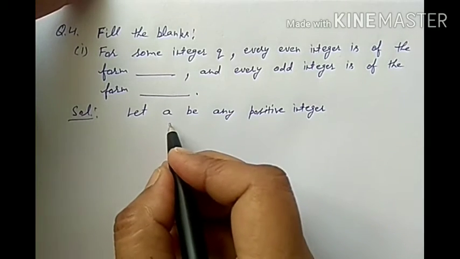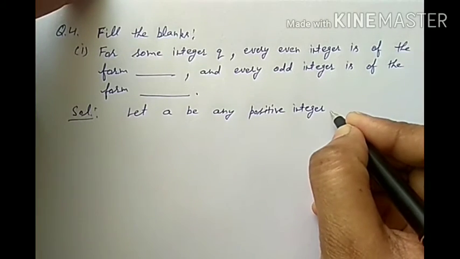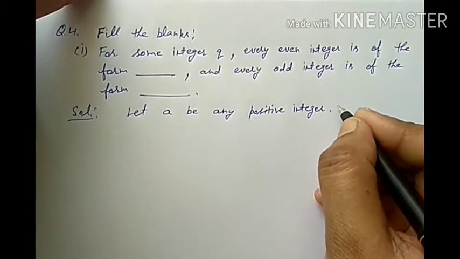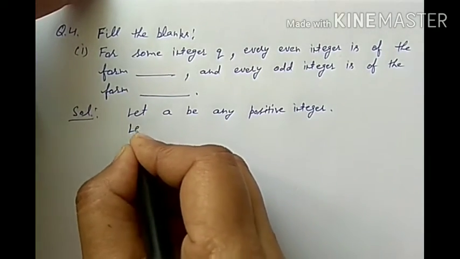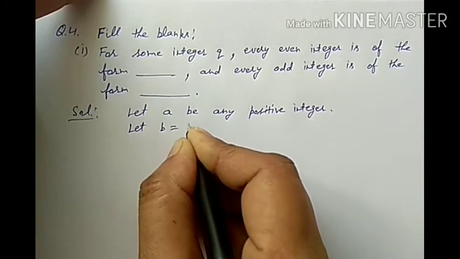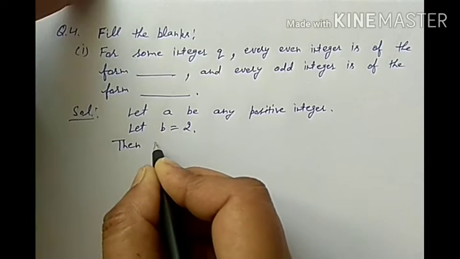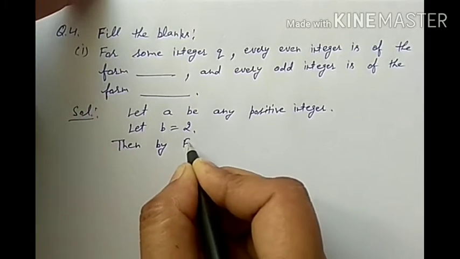Since a will work as dividend, for divisor let b is equal to 2. Then by Euclid's division lemma,